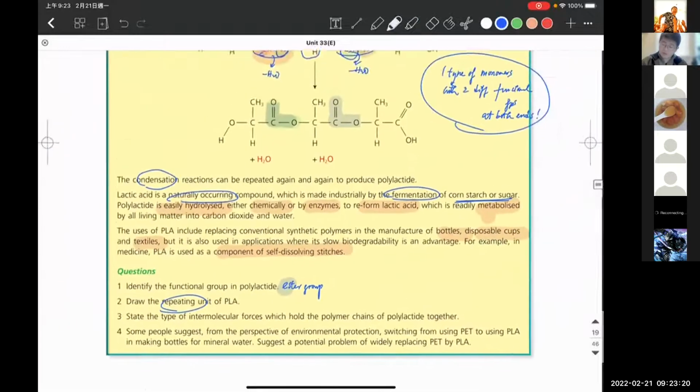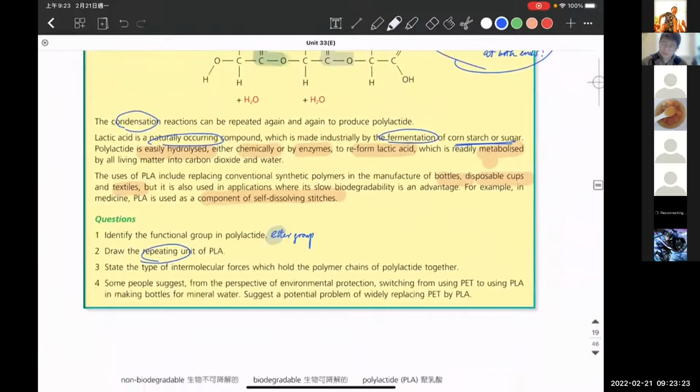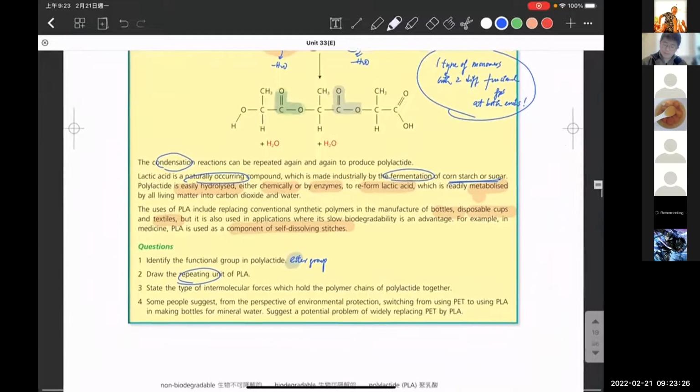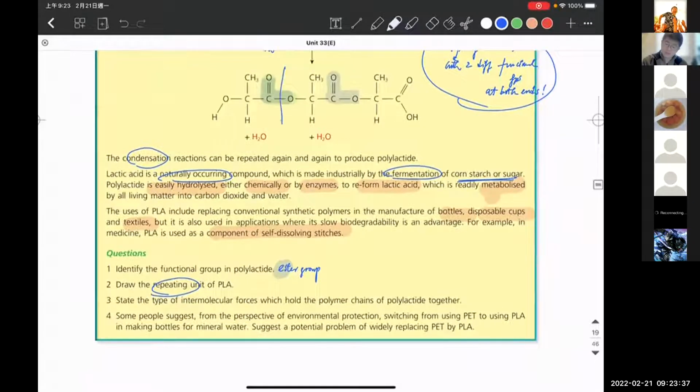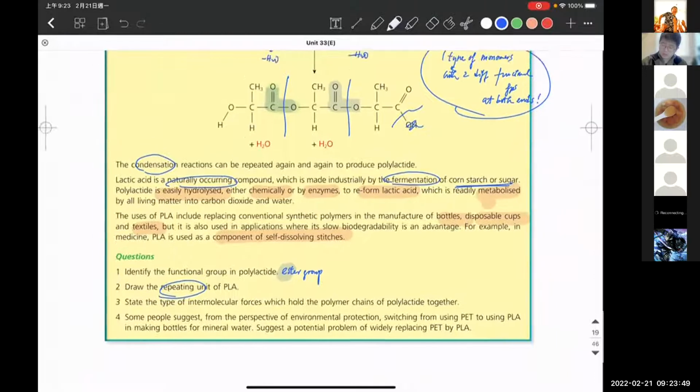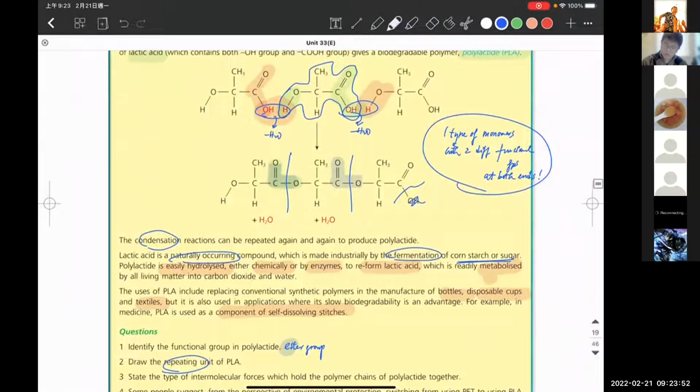Repeating unit of PLA. I would like to ask you to tell me what is the repeating unit of PLA. Now you chop ester and ester, right? How do we chop this and this? First of all, you chop this one and this one, and we repeat. So later on, this OH will be reacted, just like the one above, while the OH group here will also be removed. Okay, not this one. So you may get the structure of the